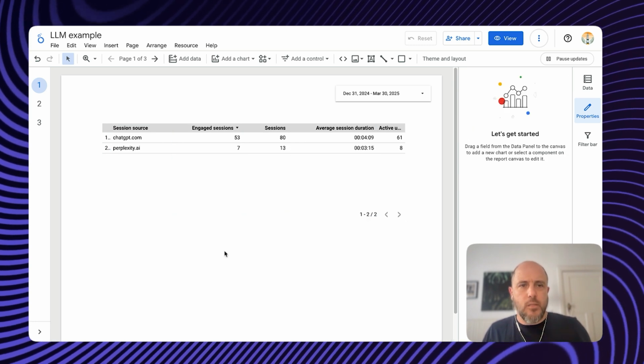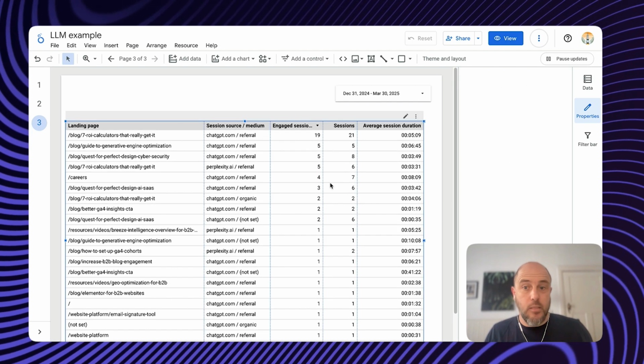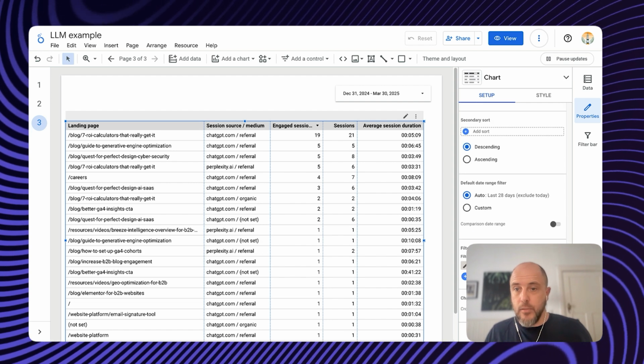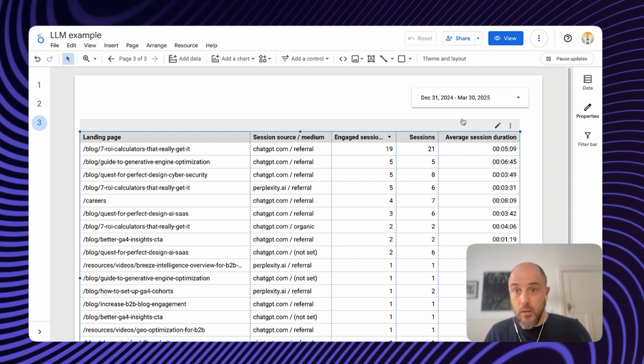But then you can also start to do other fun stuff. For example, you can look at landing pages from those sources and mediums. It uses exactly the same filter. And we can really get a sense of very useful stuff. For example, how this ROI calculator blog article or blog page is by far our most successful piece of content over this period from ChatGPT and the like,